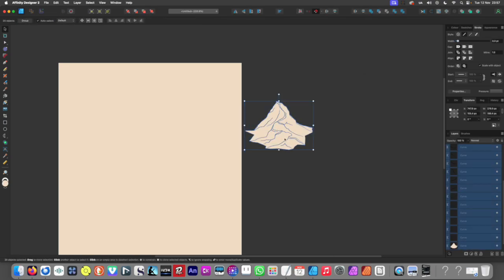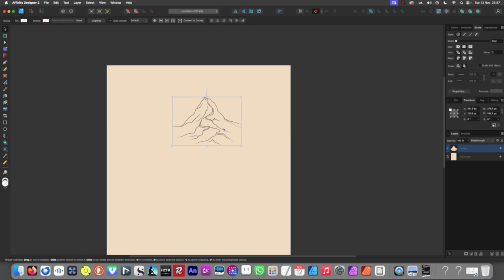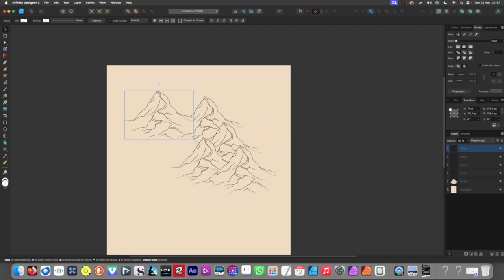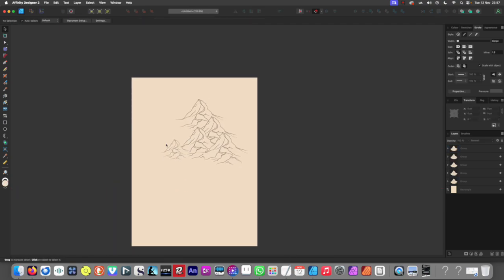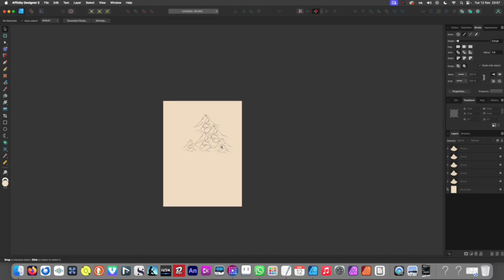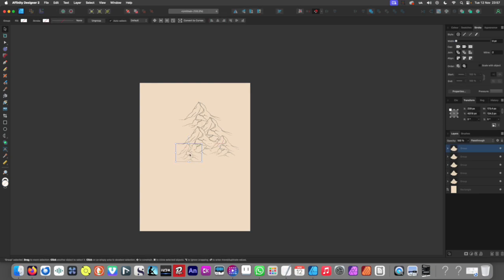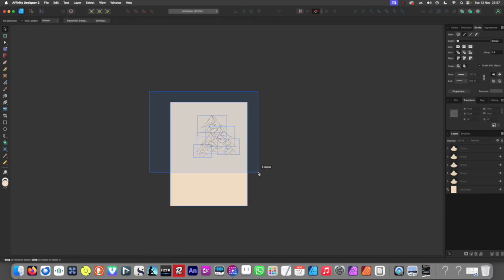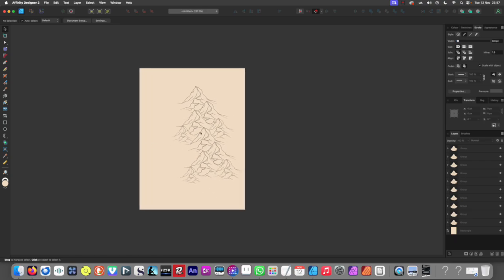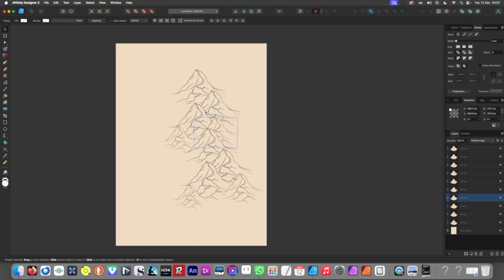Okay, so sorry, we'll go back to where we were, and we'll just randomly pull out a few mountains. So now you're left with something like this, and you have your mountain range, and of course you can select them again, move them before the others, and you can literally just start making mountains and putting them in as you need them, like randomly changing the size